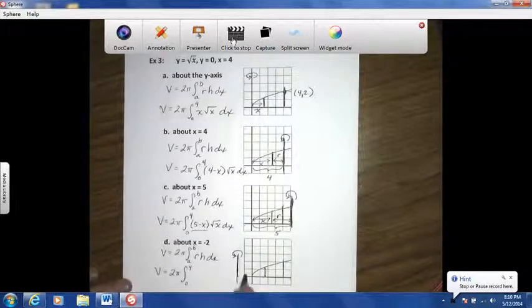The difference is that the radius, which is the distance from the axis of rotation to the rectangle, has now changed. Now this one's just a little bit different because we're on the left side. What I know is that in order for me to get back to the y-axis, I need to go 2 units. Once I get there, I know that I'm going to need to go x units more to get over to that rectangle. So the radius is going to be 2